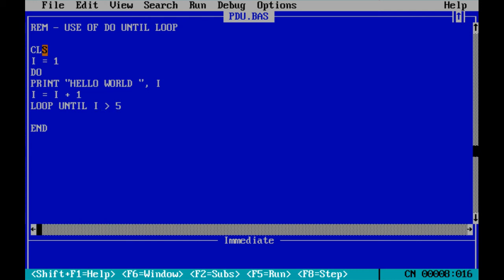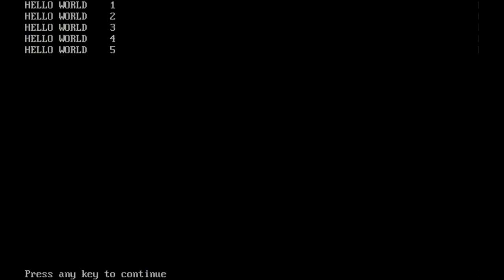So this program executes until the value of I is greater than 5. So in this way, this program executes.